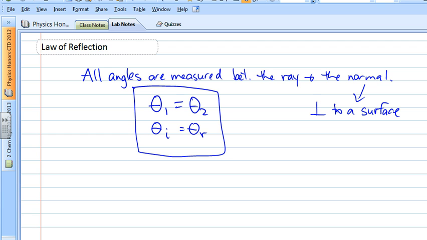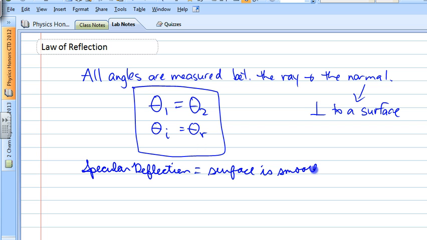The second thing is that when we talk about reflection, there's a couple of different types. First of all, we can speak of so-called specular reflection. And this might be related to spectacles, kind of the same word etymology. So this is where you have a surface which is smooth and flat, and what happens is that reflected rays that come from parallel rays